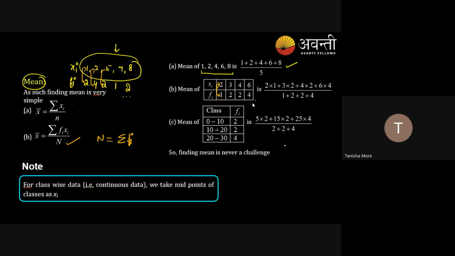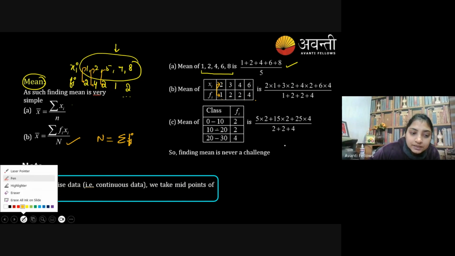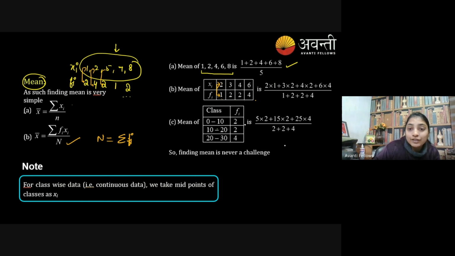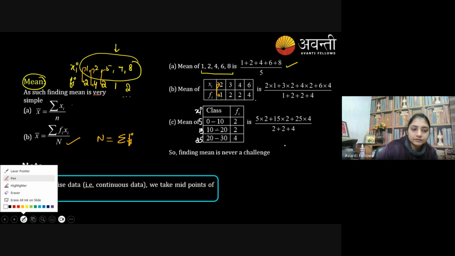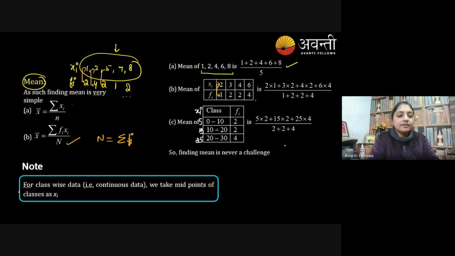Yes, ma'am. Clear to everyone? Third, there is a third method of finding the mean, where you are given a class interval. Class interval is given to you, that means 0 to 10 has two items, 10 to 20 has two items. So in that case, firstly you will calculate xi. How to calculate xi? Lower limit plus upper limit by 2, that means 5, 10, 15, 25. When class interval is given and you need to calculate xi, it means lower plus upper limit by 2. Right everyone? So the next formula will remain the same.